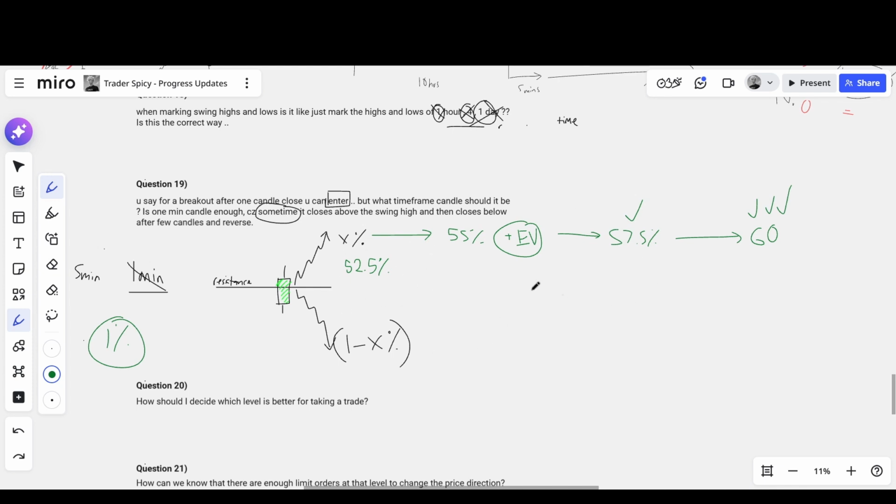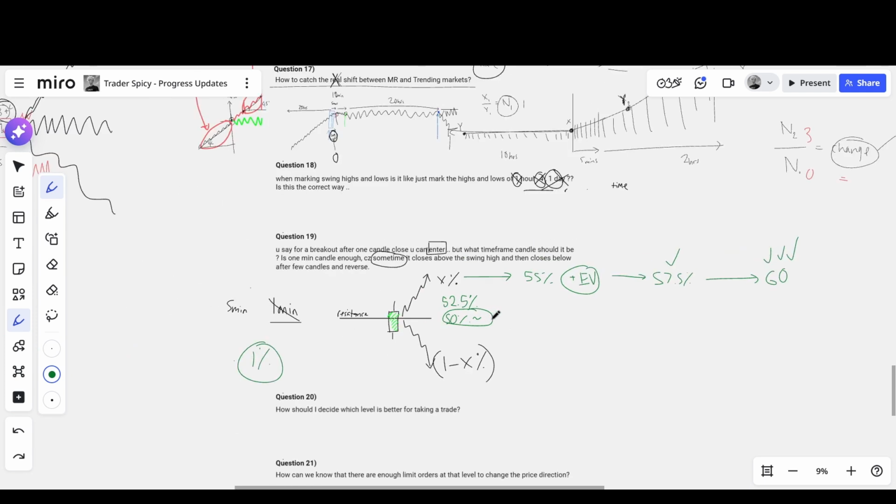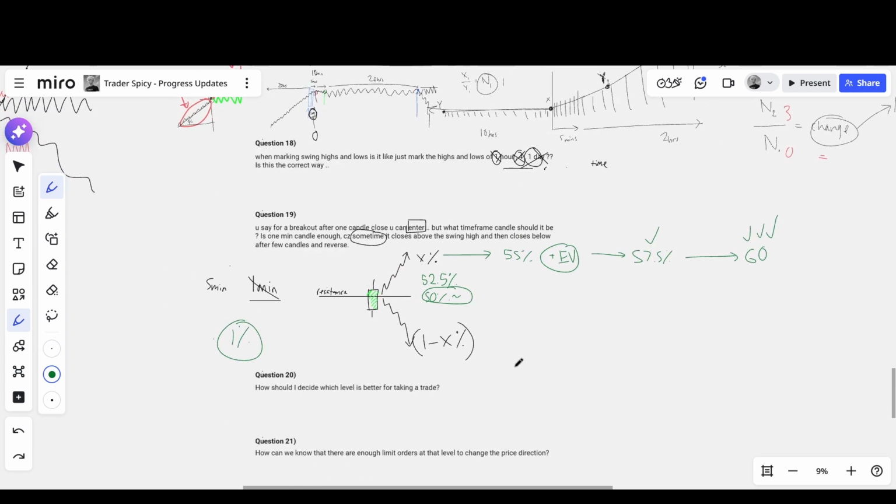So then your next question is, okay, if I was to just blindly get long at resistance every single time that I get a candle close through it, what is the likelihood that I win? What you'll find is that the answer is very, very close to 50%. Therefore, after fees, it's actually edgeless, as in there is no edge if you were to just blindly do this all the time on altcoin perpetuals. So this would not be fun if you were to do it.